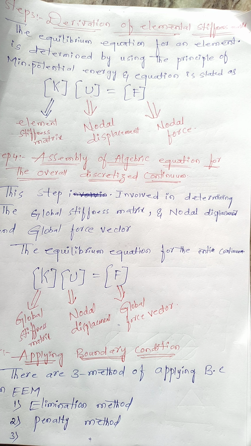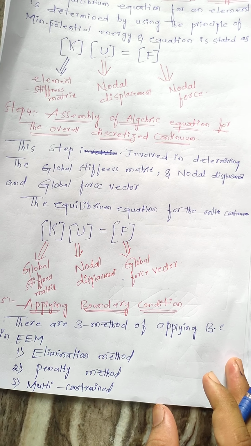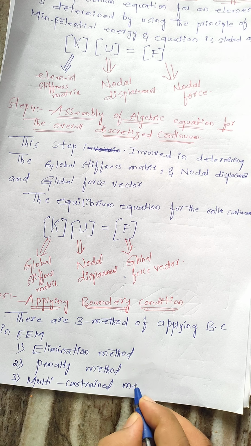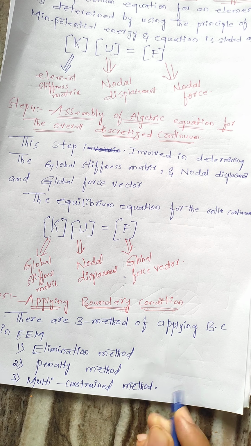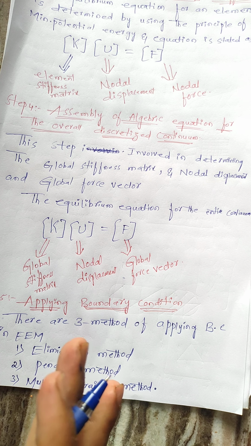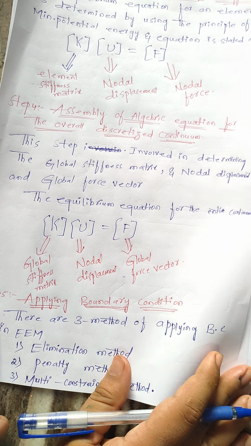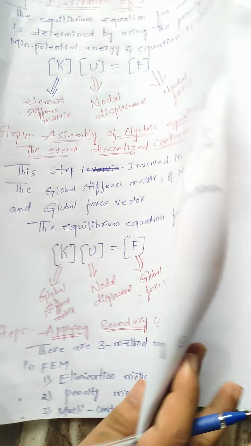And the third one is the multi constraint method. And the next step is to find the unknowns. These steps involve finding the unknowns such as displacement as well as stress and strain, which we can easily solve with the help of the methods. Next one is